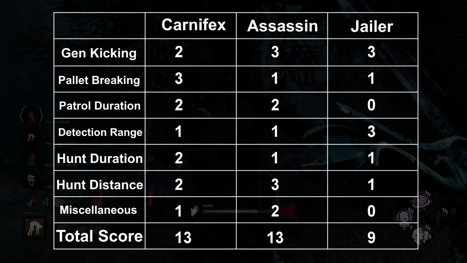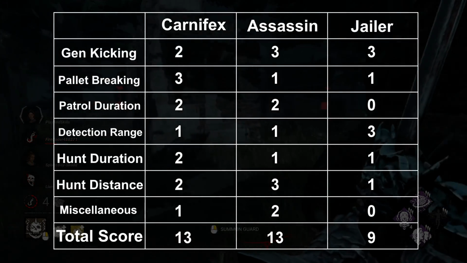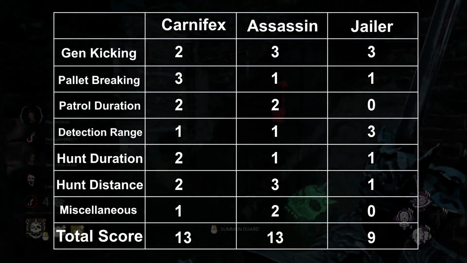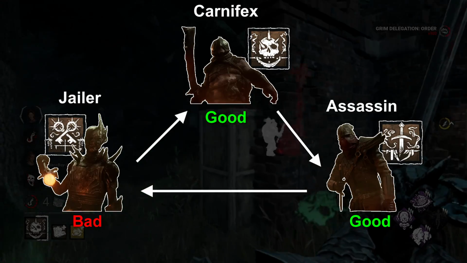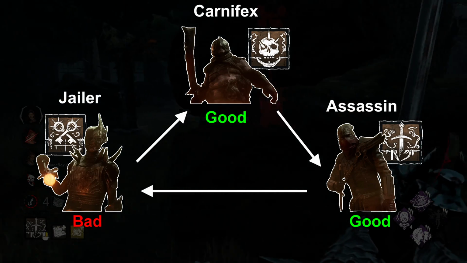Maybe Carnifex should get 1 point for gen kicking, or Assassin shouldn't get 2 points for deep wounds, or maybe the 3-point system itself is flawed to begin with. So, if you have different criteria, you can of course make your own conclusions, but what really matters about this is that you understand the information and reasoning behind each of these scores. The main takeaway that I want to share is that Carnifex and Assassin are both very useful guards, but Jailer